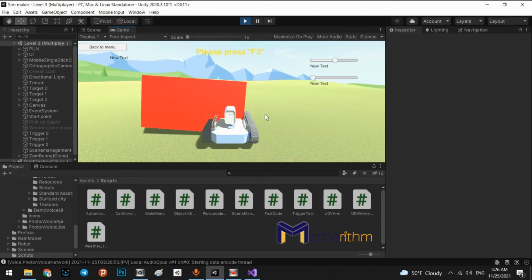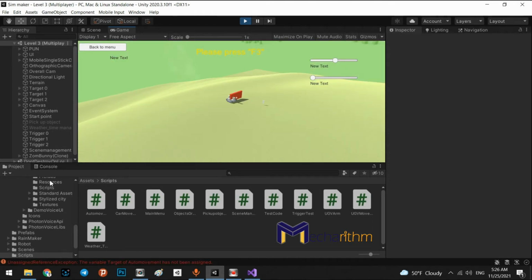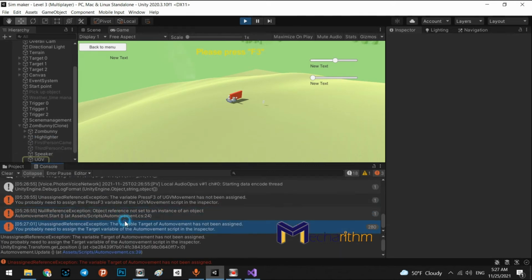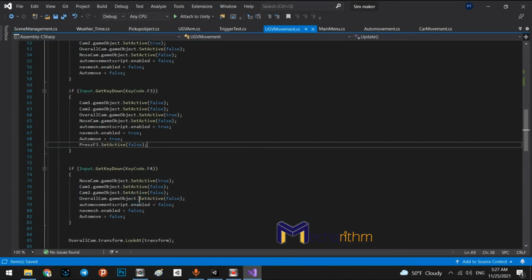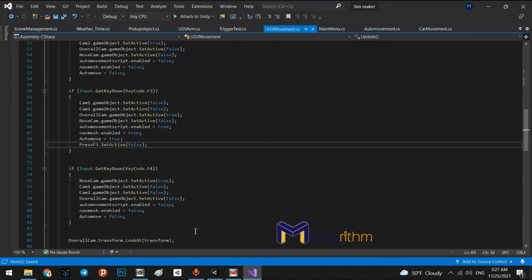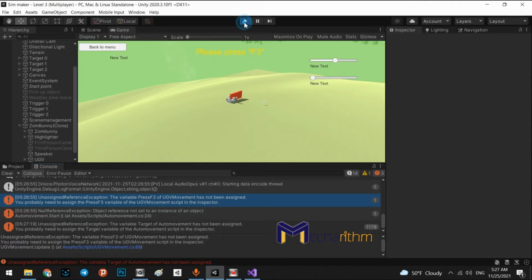So in here, press F3. I think something is gone here. Press F3. Oh, it cannot find